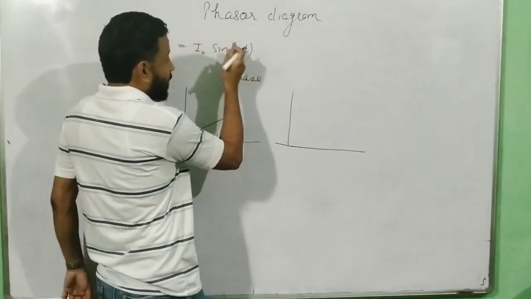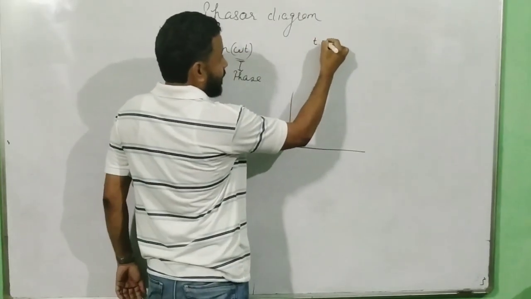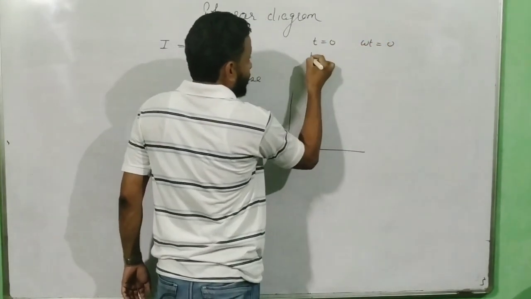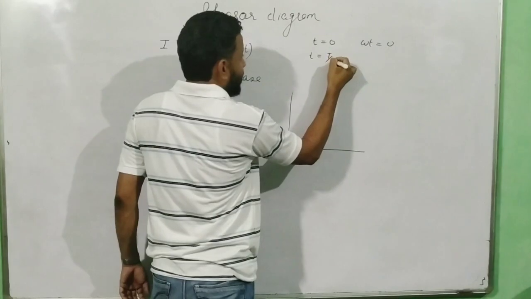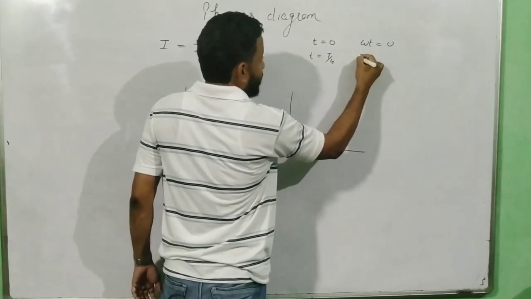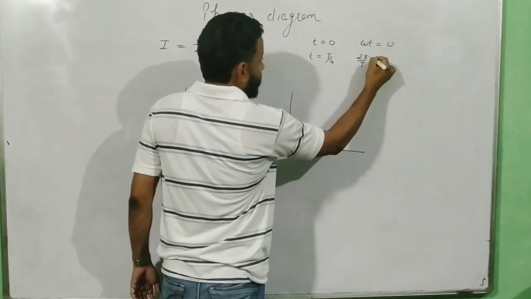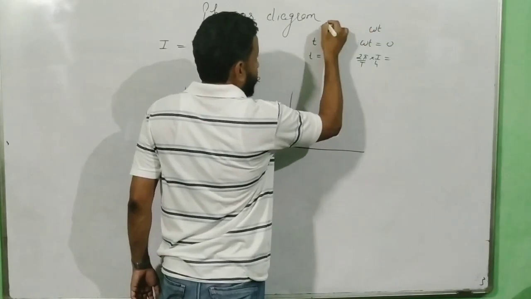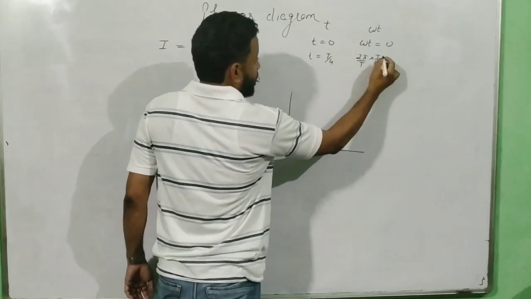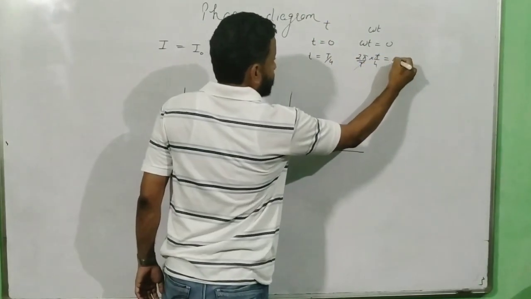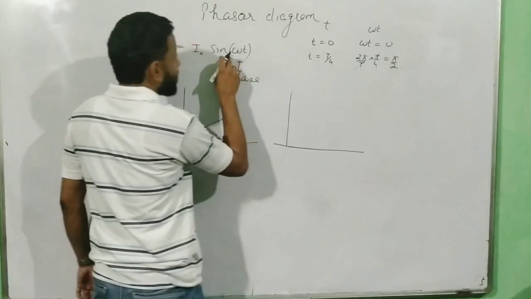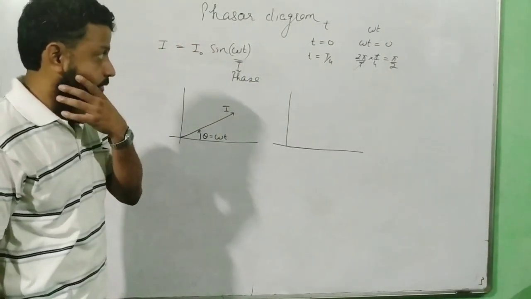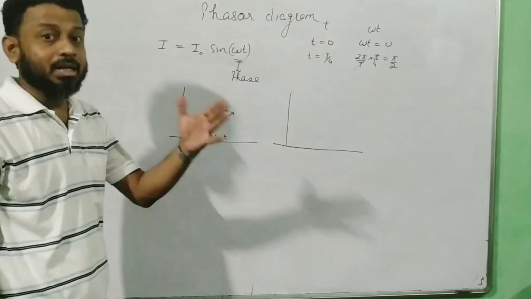Okay. Now let us say this is the value of t and this is the value of omega t. When the value of t is equal to T by 4, the value of omega t is 2 pi by capital T multiplied by small t, which is T by 4. So this gets cancelled out and it becomes pi by 2. Now what is sine pi by 2? Sine pi by 2 is 1, sine 90 degrees is 1.